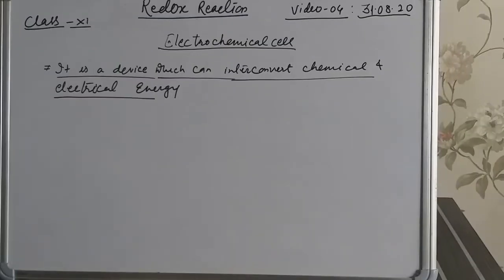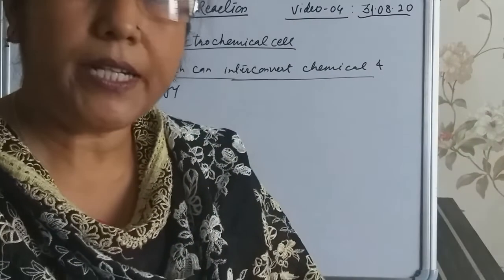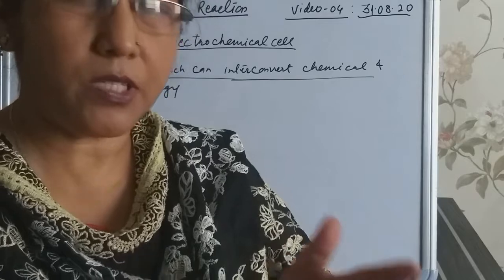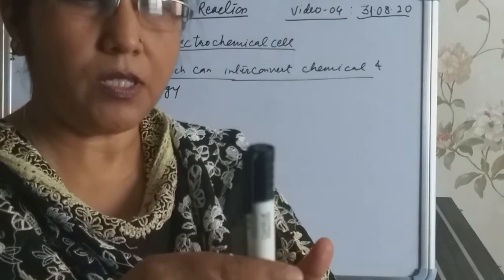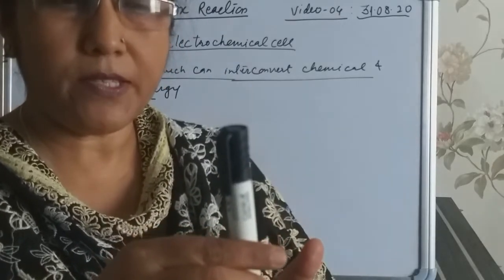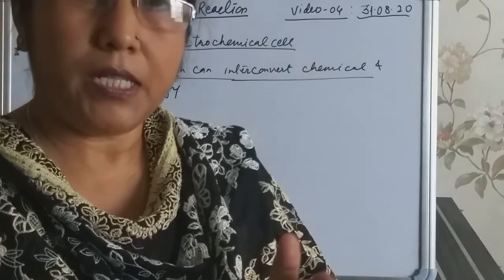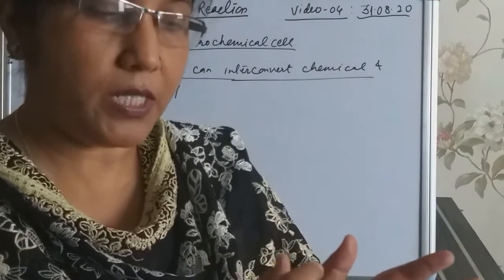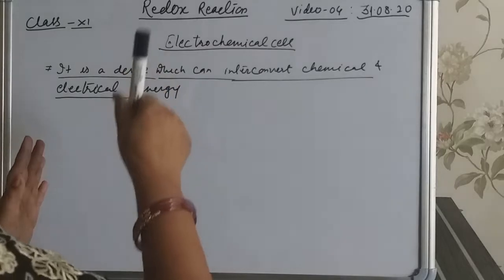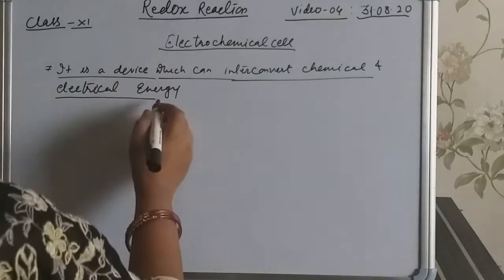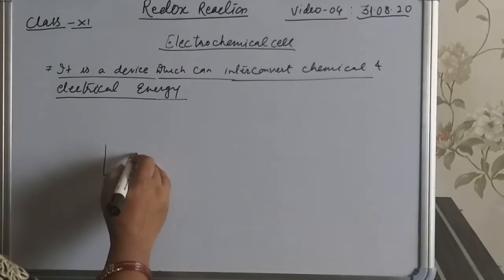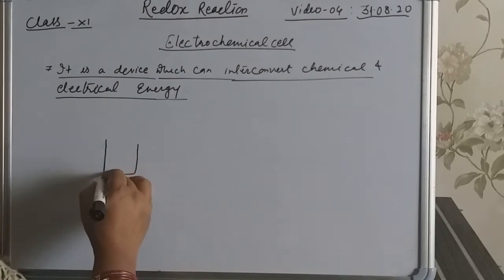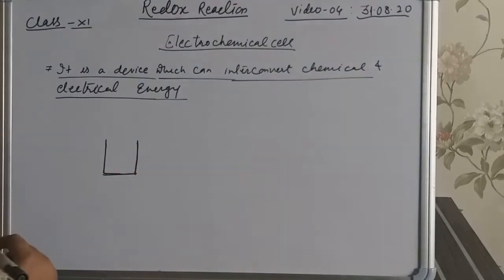As we discussed about the direct or indirect redox process, there is a direct redox process in which an electrode is dipped into a salt solution, an exchange of electrons takes place and energy evolves. But there is also an indirect method, in which we take two compartments, separating the electrodes from the solution. So in this electrochemical cell, at first we take two compartments, two electrolytic cells. This is called the indirect redox reaction.